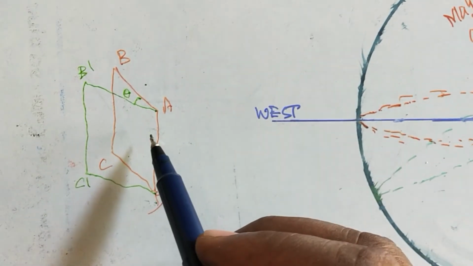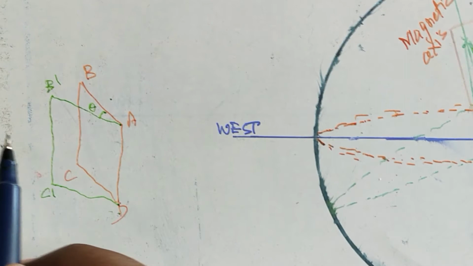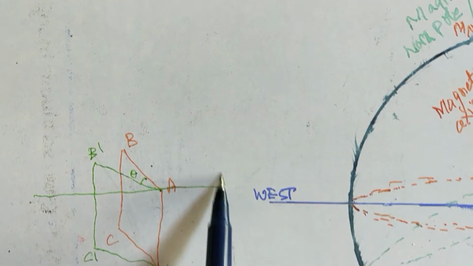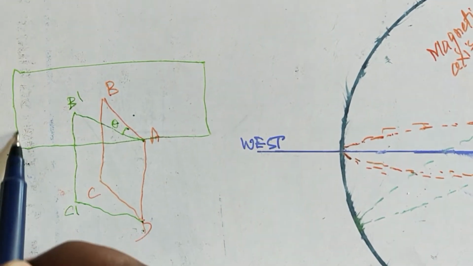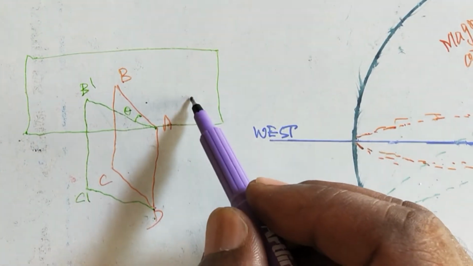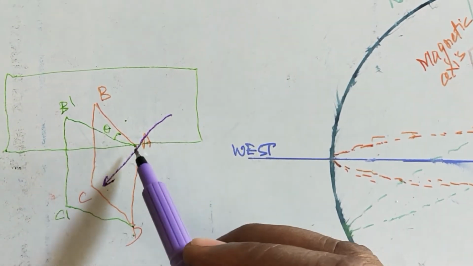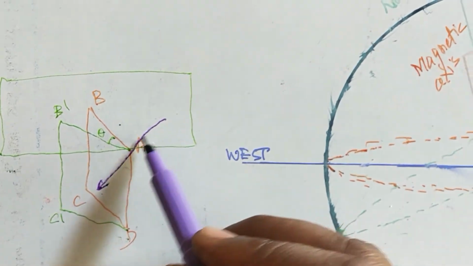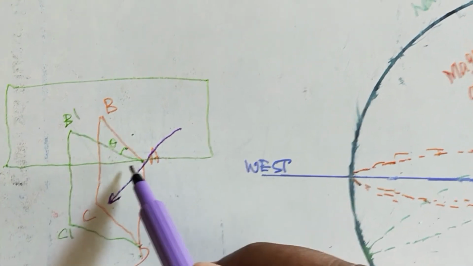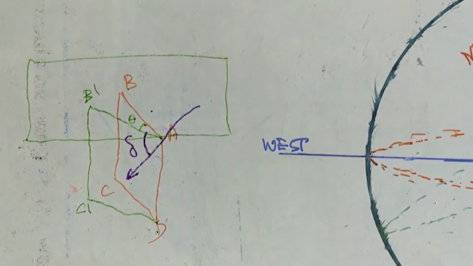Now we are reading about the angle of dip. The angle of dip means the angle made by the direction of Earth's magnetic field with the horizontal direction. So what is the horizontal plane? This is the horizontal, the top one is called the horizontal. Earth's magnetic field is passing through this, so this is the direction of Earth's magnetic field. The angle made by the direction of Earth's magnetic field with the horizontal direction of the magnetic meridian is called what? The angle of dip.